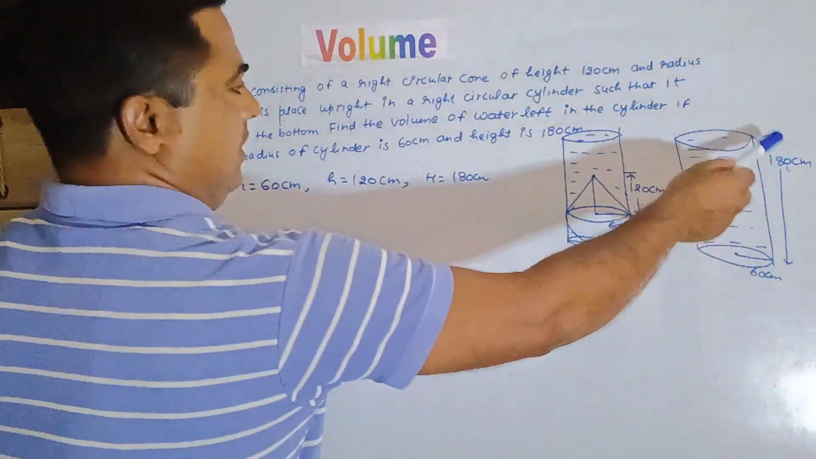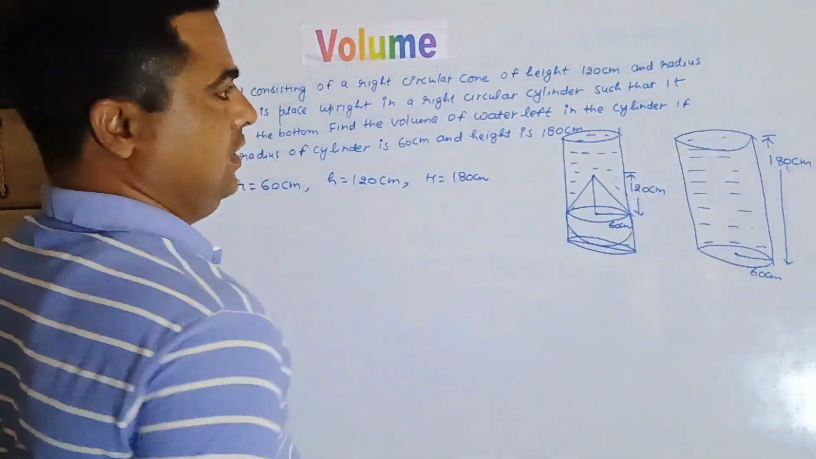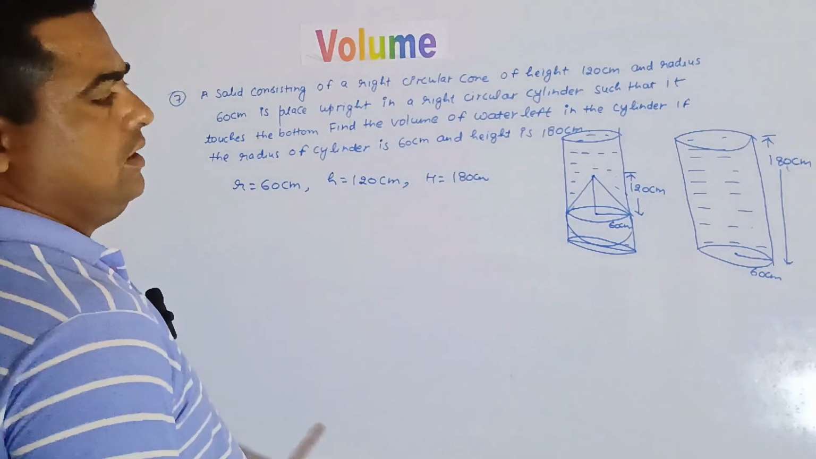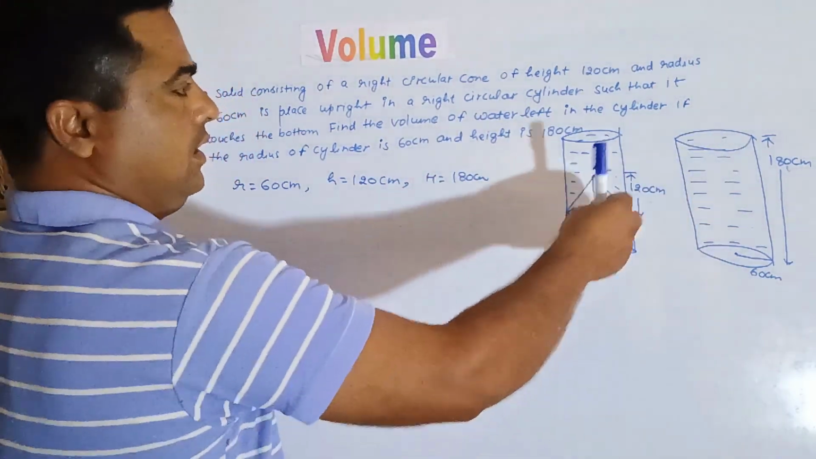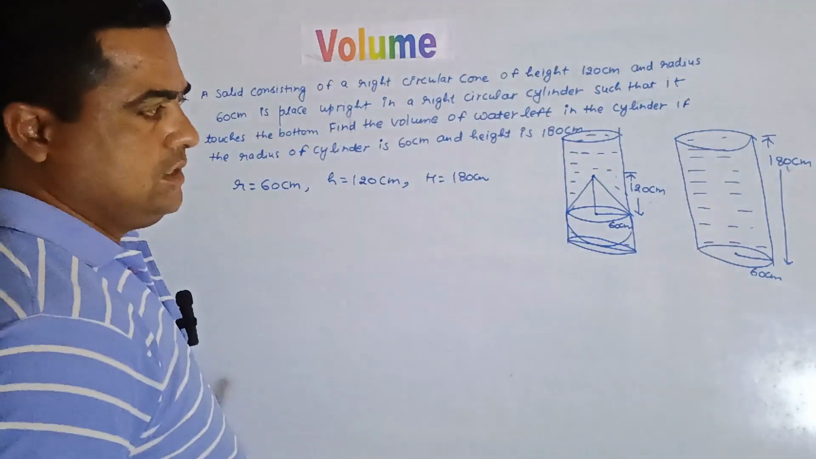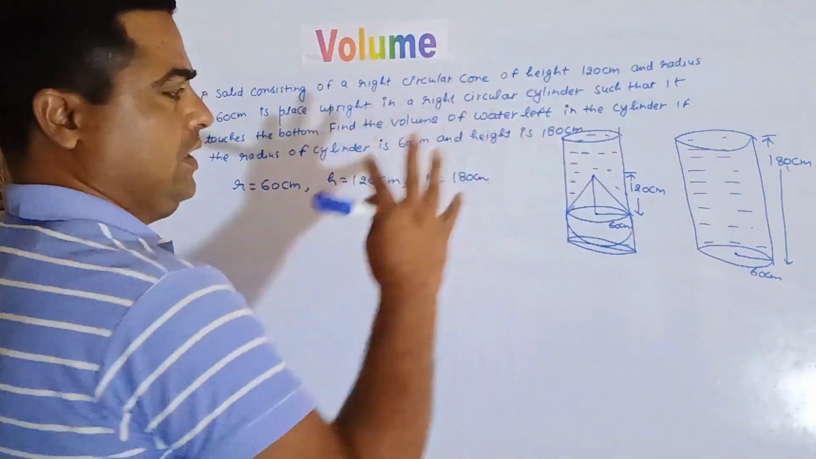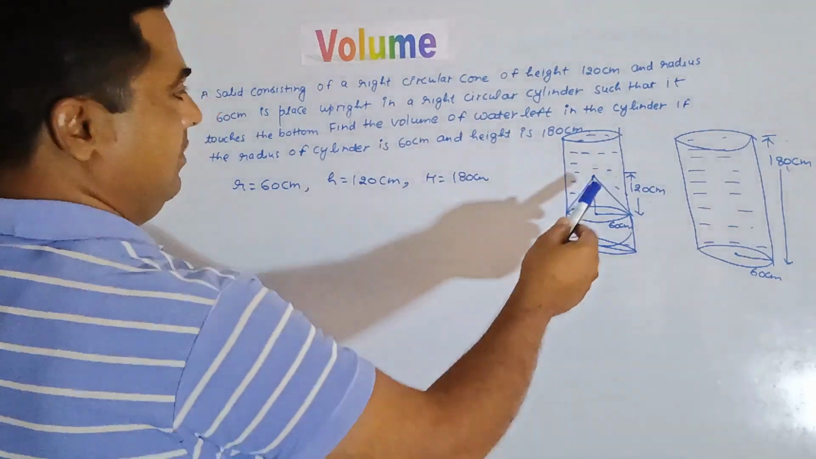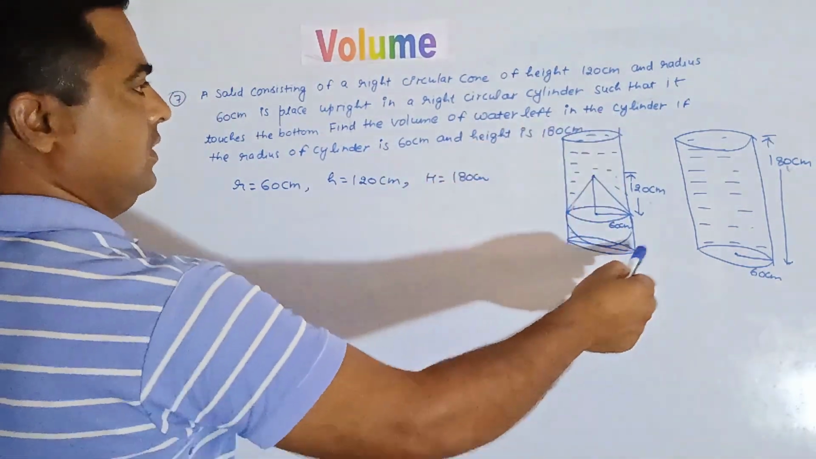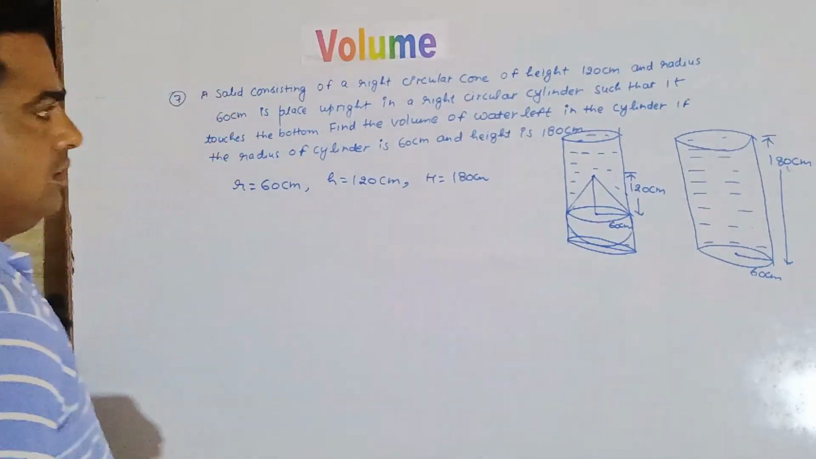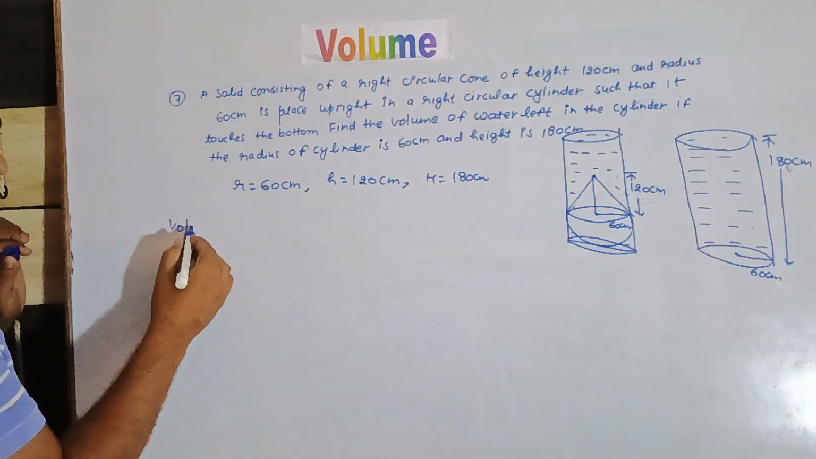Correct? We have a vessel. The radius of the vessel is 60 centimeter and height is 180 centimeter. So we are keeping this solid. This is full of water and we are keeping this solid inside the vessel. So they are asking how much water will be left inside the vessel. Correct? Now we will subtract the volume of this solid from the volume of cylinder. Correct? So we will write here volume of water